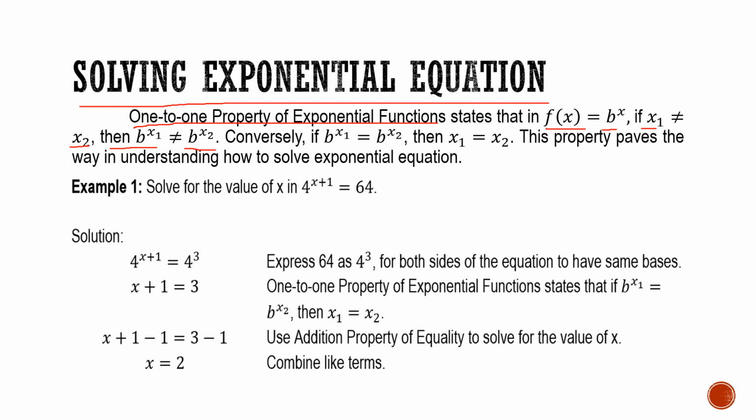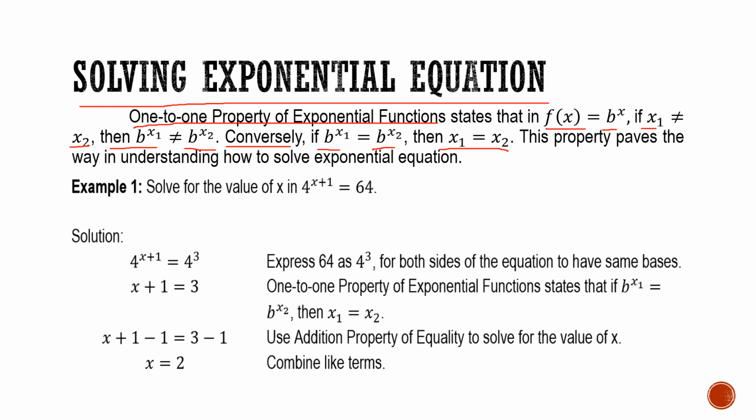Once you are dealing with your exponential functions. But now, in your exponential equations, conversely, if b raised to x sub 1 is equal now to b raised to x sub 2, then x sub 1 is equal to